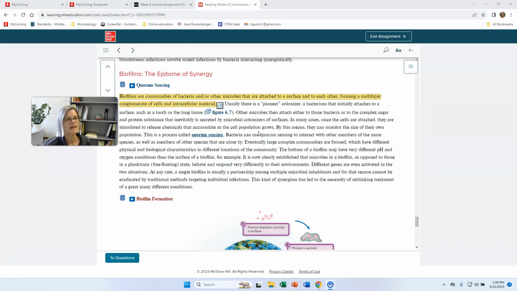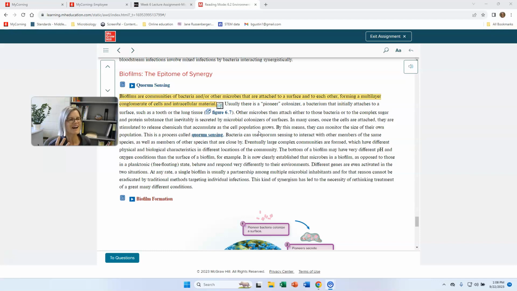And the reason why I'm talking about this in the growth chapter now is that we have always thought of bacteria, especially doing research in the lab. We put bacteria in some kind of broth, some liquid, and we let it grow up and they float around and we look at them under the microscope. We think about infections that way too, the bacteria floating around, maybe in the middle of the ear when you have an ear infection. And what we have found out is that in nature, bacteria are much less likely to be floating.